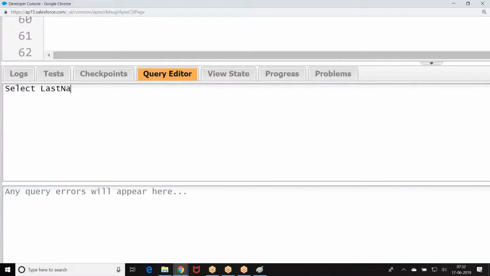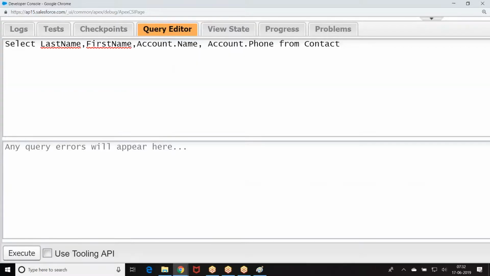Select last name, first name, account.name. So, writing a SQL query on a contact to fetch corresponding account data.